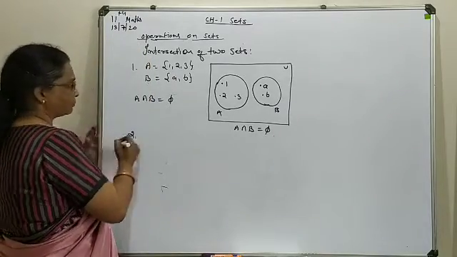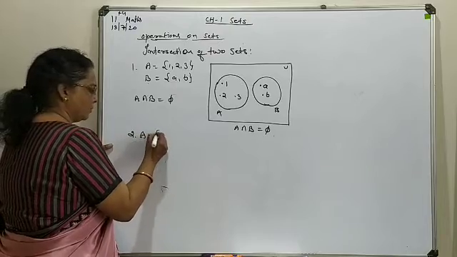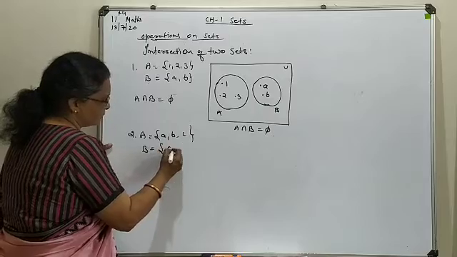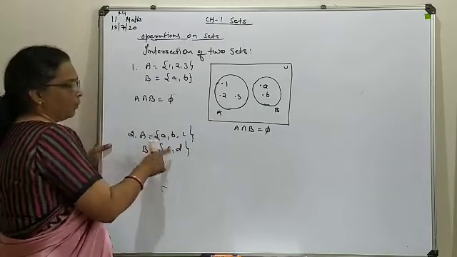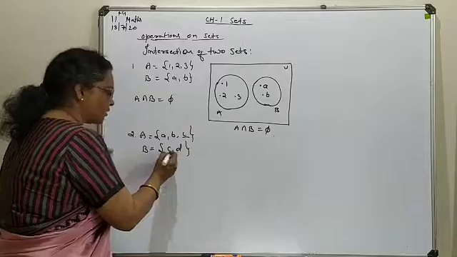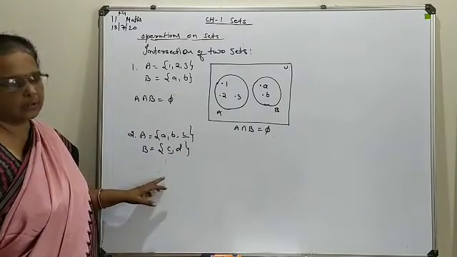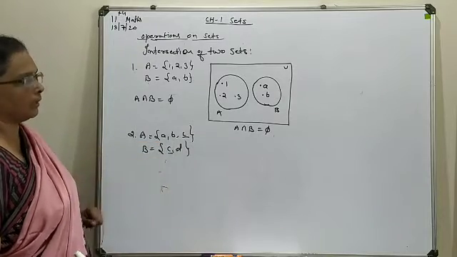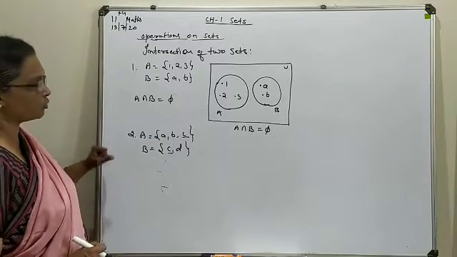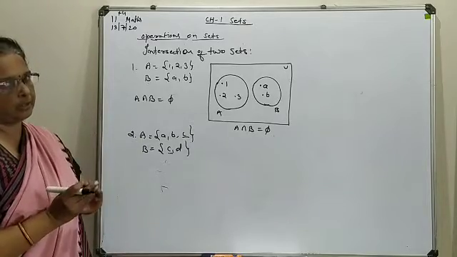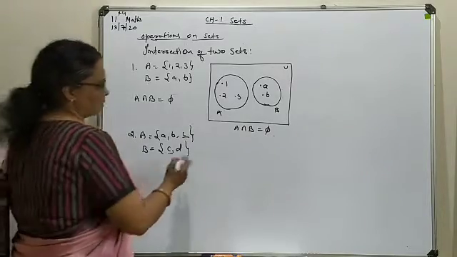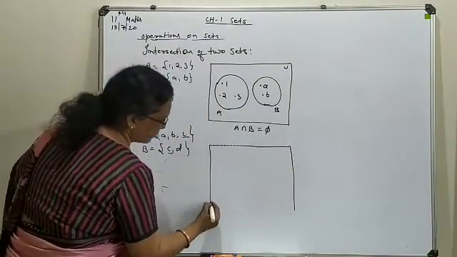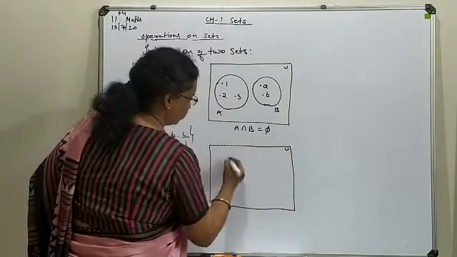Second example: suppose any of the elements is common in between. So here in these two sets, you can say your element C is common. So as the intersection, the answer will come out as C. And being a common element, the two circles are also going to intersect to form a common section. So in this case, the Venn diagram you will draw like this: this is U.